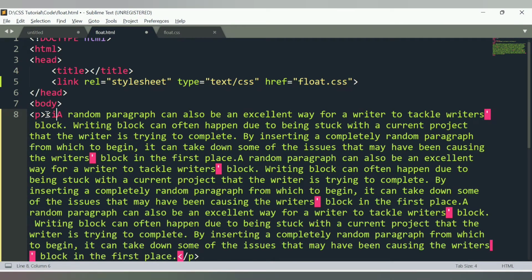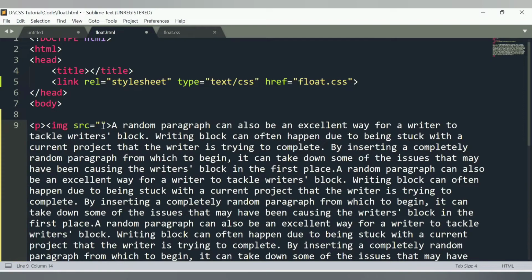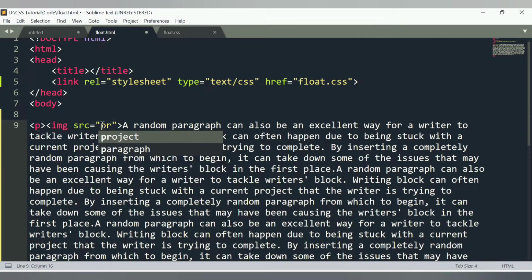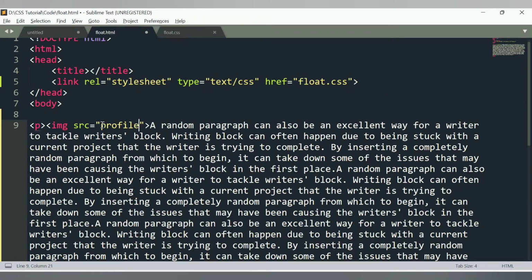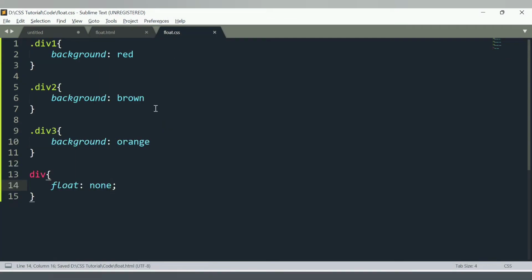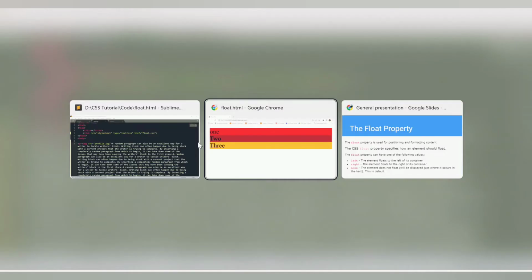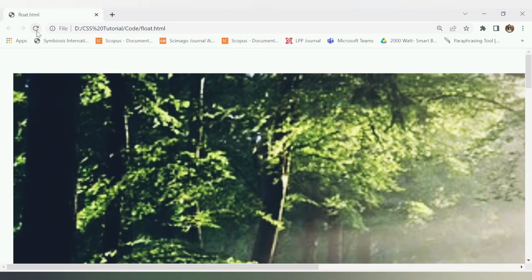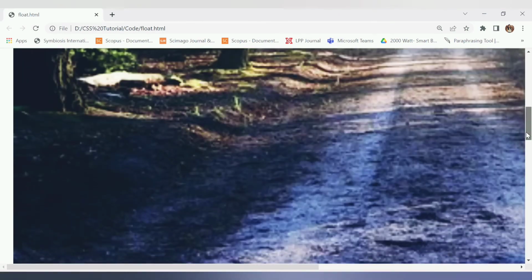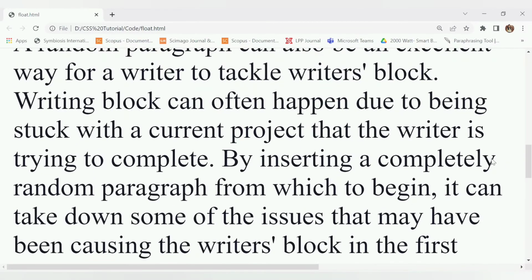We add here image tag, copy this tag, let's paste it inside the paragraph, and here you need to provide the path of your image. So I already have a profile.jpg file here, profile.jpg. Let me save this. Let's see what currently it's showing on the web page. Refresh the web page now. Yeah, so this is the image that I have showed here, like profile.jpg,